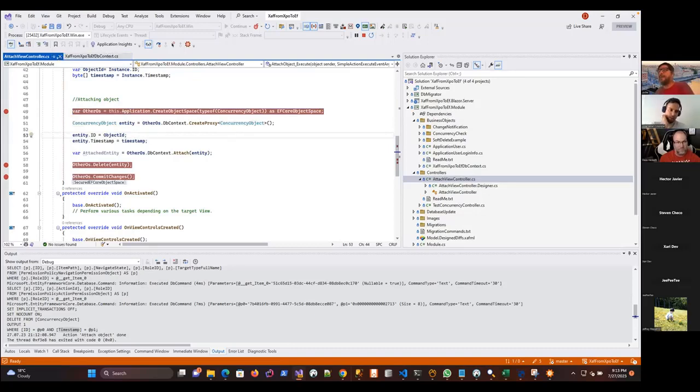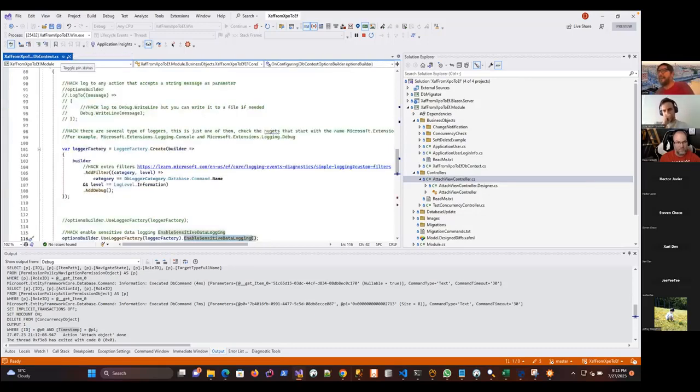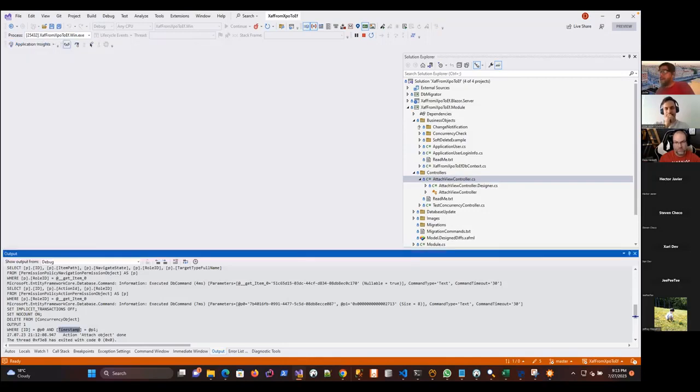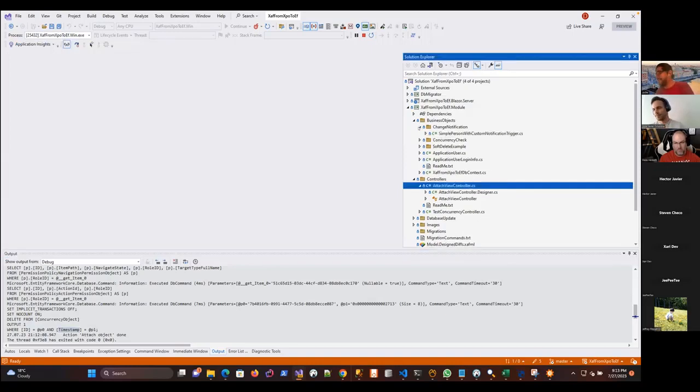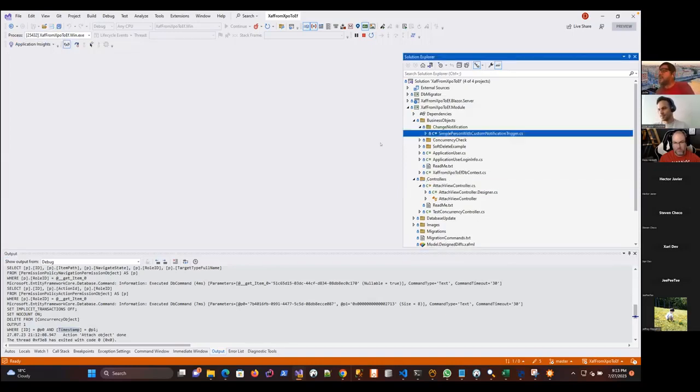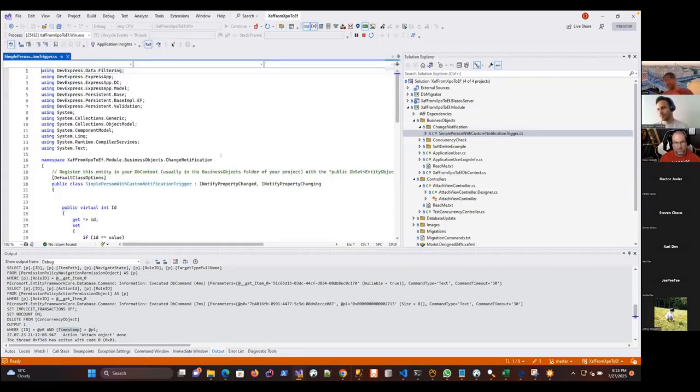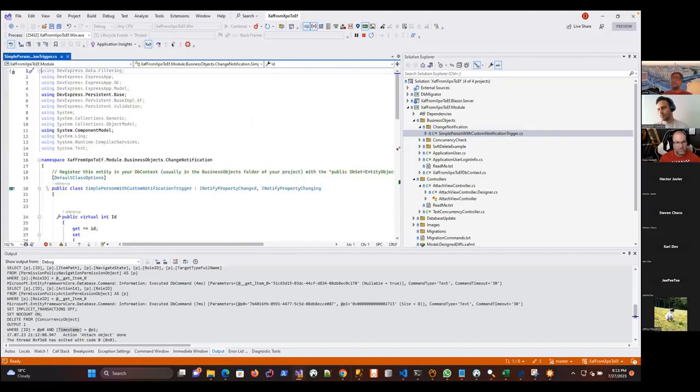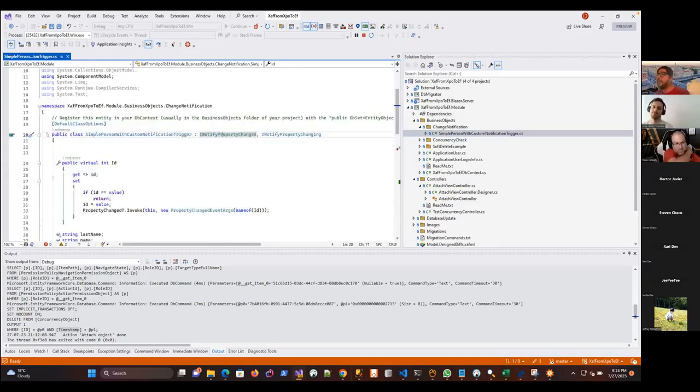Everyone complains about the special set of XPO. But once you don't have it, you start loving it, of course, like everything in life. So in here, I have a really simple object with the explicit implementation of INotifyPropertyChanged and the explicit implementation of INotifyPropertyChanging. And for the ID, I just wrote the normal implementation, like